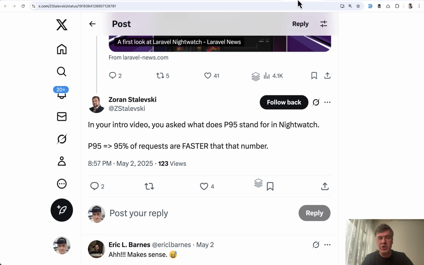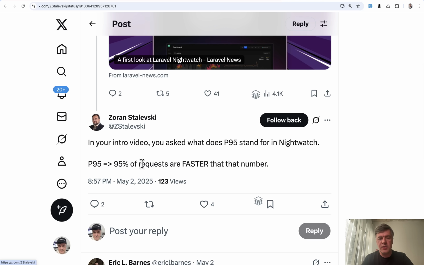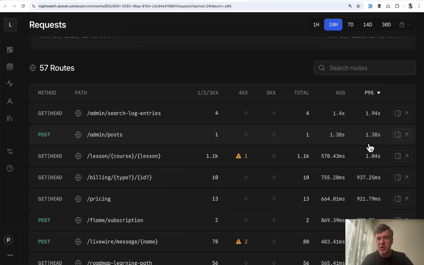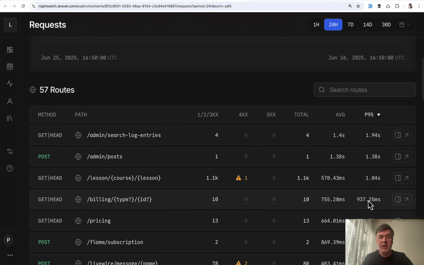And the best explanation is by Zoran here on Twitter, who is quoting Jess Archer from her interview. So 95% of requests are faster than that number. So this is probably a more accurate representation than just the average, because the average may contain outliers which would be inconsistent, but P95 is probably a more accurate representation of reality without outliers. At least this is how I understand it, but we can discuss in the comments below if you have a different